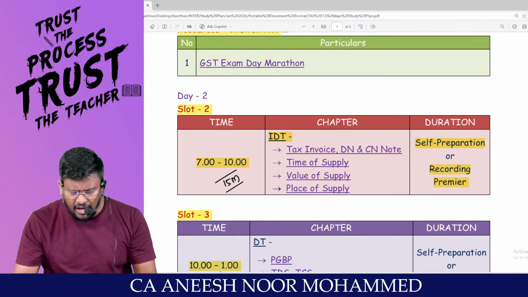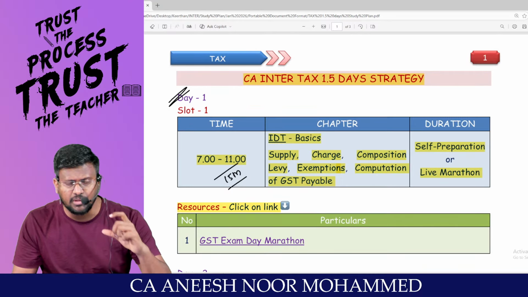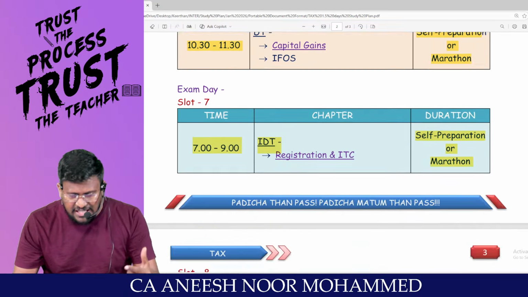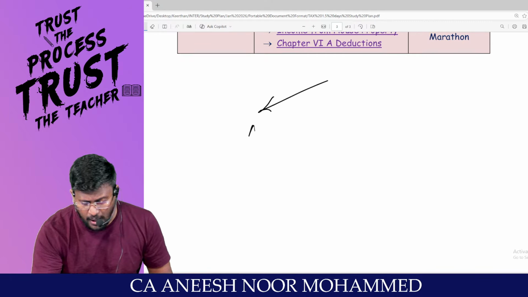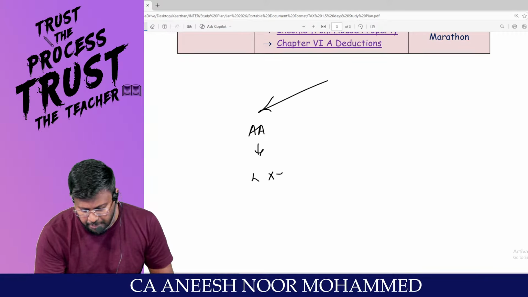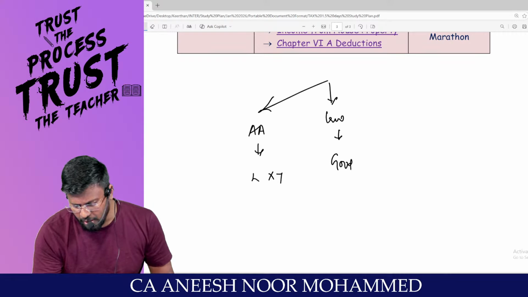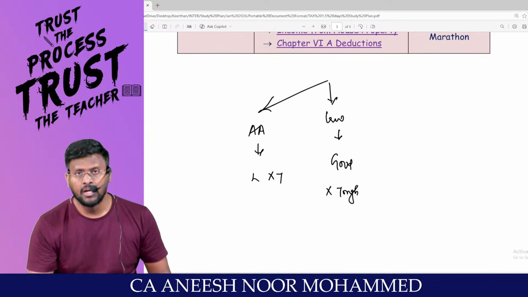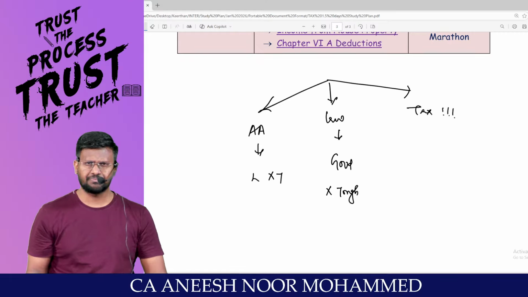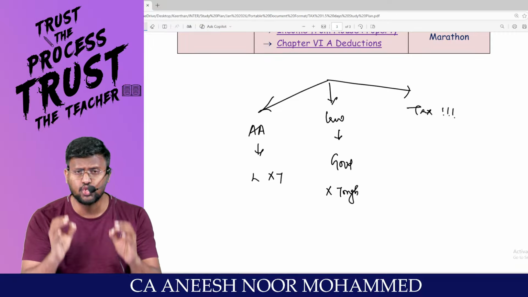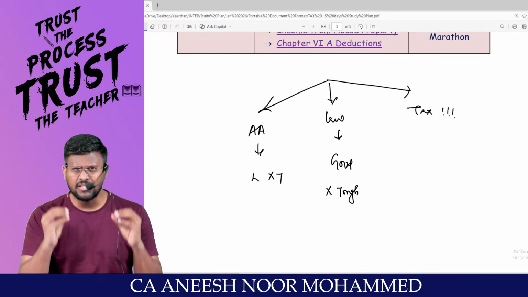I tried my level best to accommodate all the topics slot-wise by giving 3 hours to each slot for your easy preparation. My dear lovable students, if you compare this time, advanced accountancy was lengthy but not tough. Law was a good paper, never tough. It was basically easy. So something is there in tax. If you have prepared heart and soul for this JAN examination, give your best in this tax.